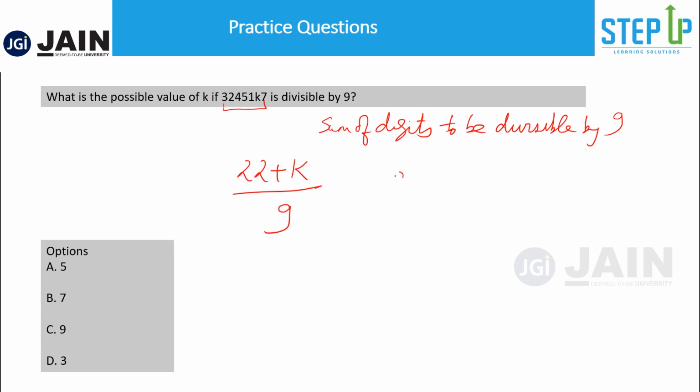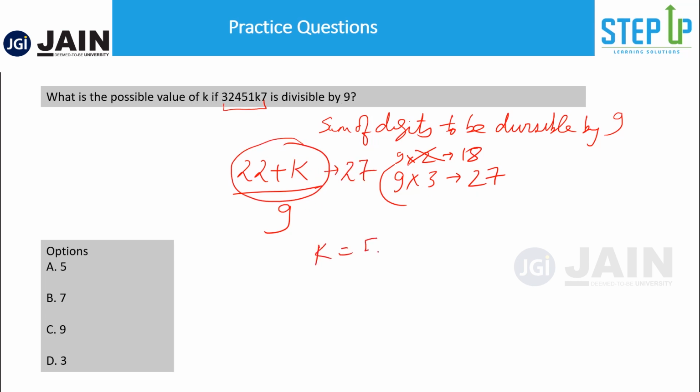Now if you check the 9 multiples, let's say you have 9 into 3 is how much? 27, and 9 into 2 is 18. Now obviously k cannot be negative, that means k has to be a positive value from 0 to 9. So this obviously cannot come because it's already 22. It can either be 27 or 36, but even 36 cannot be because maximum value for k could be 9. So that means this can only become 27. Now for this to become 27, a multiple of 9, the value of k would be 5. This is extremely simple. So this is how we could take out the value of k.